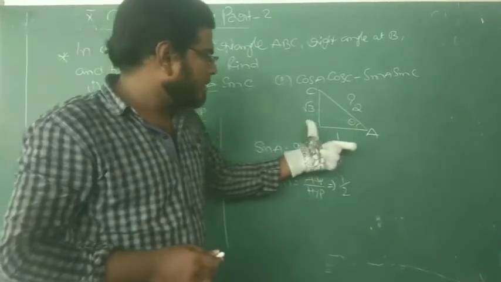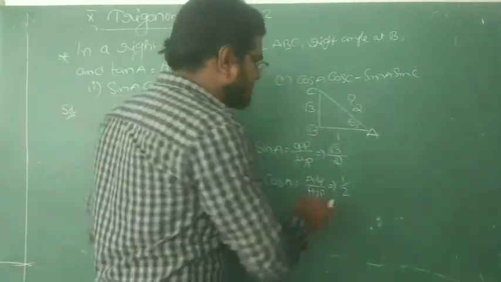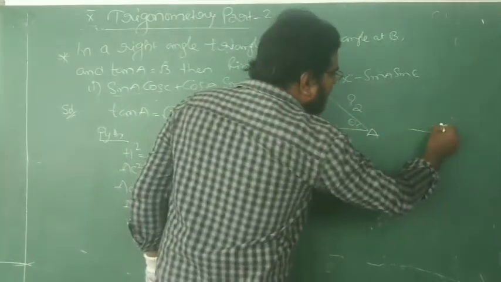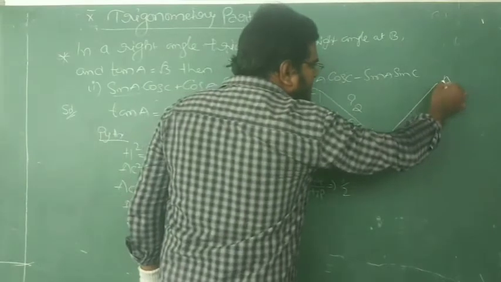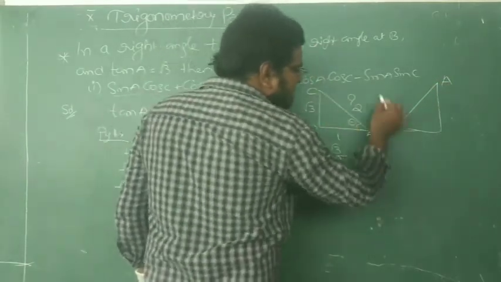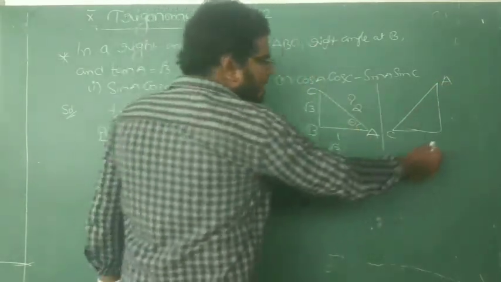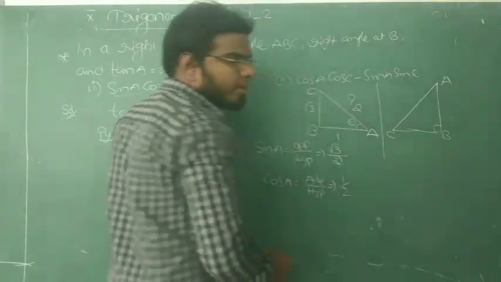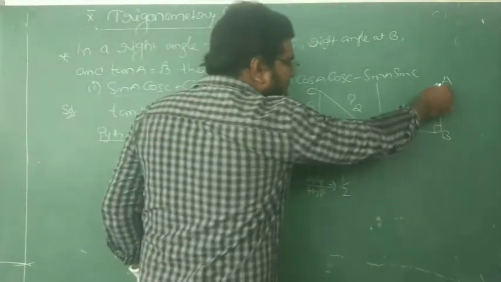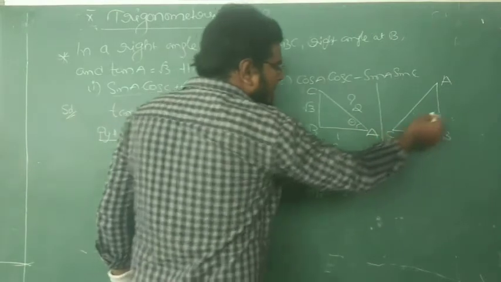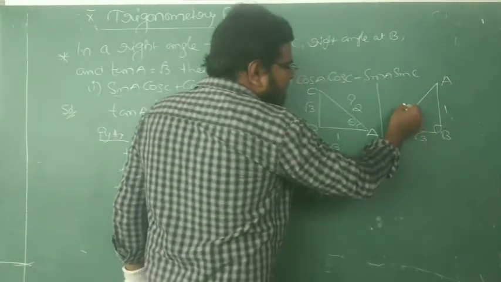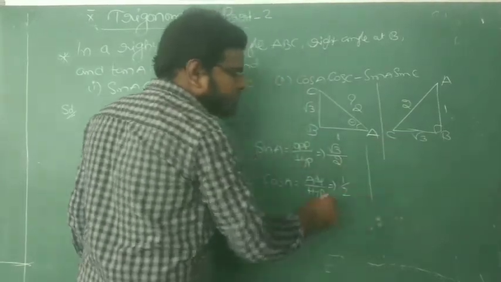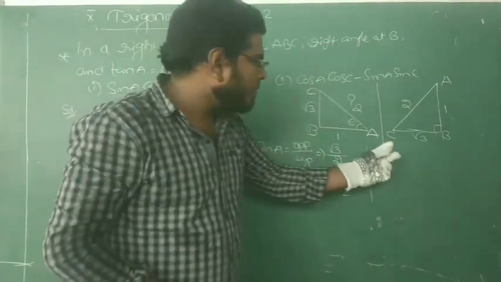Now listen. I am rotating this one like this. Okay. Now instead of A, here C is here, right? And the right angle is B. It's never changed, I already told you. Then what is the value of AB here? 1. And what is the BC? Root 3. And AC is 2. Right? Now it is a C.